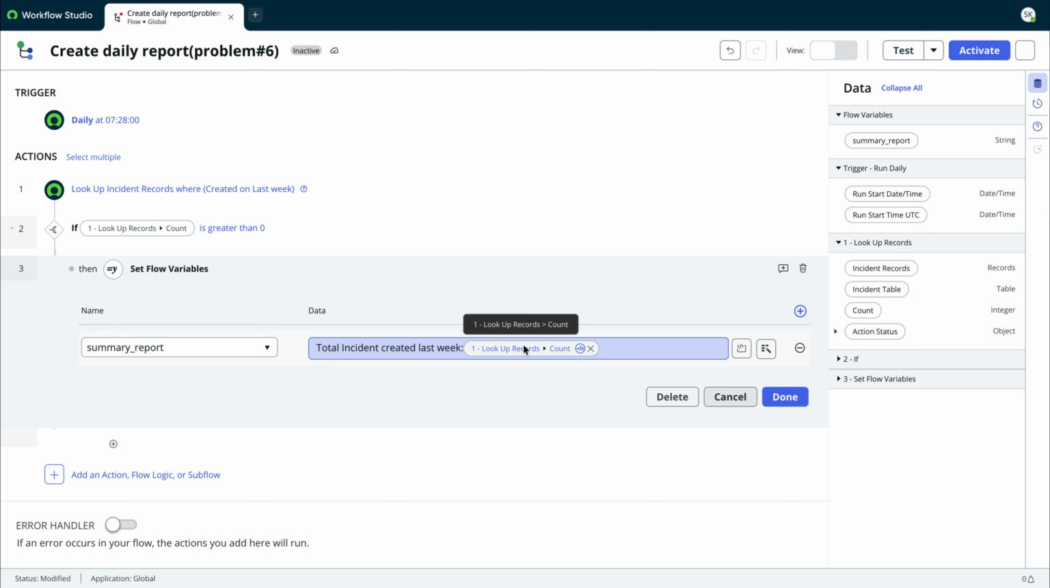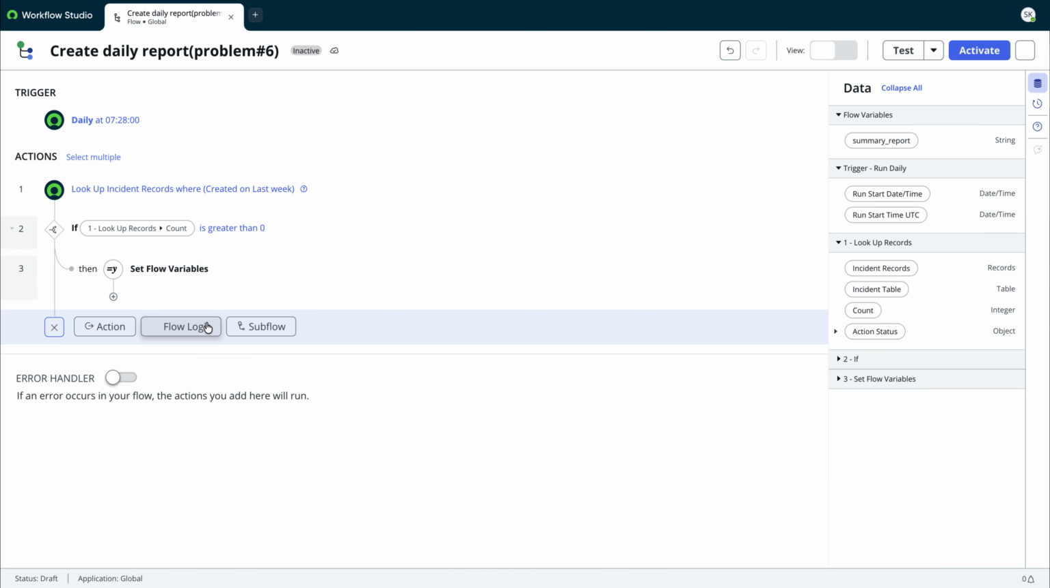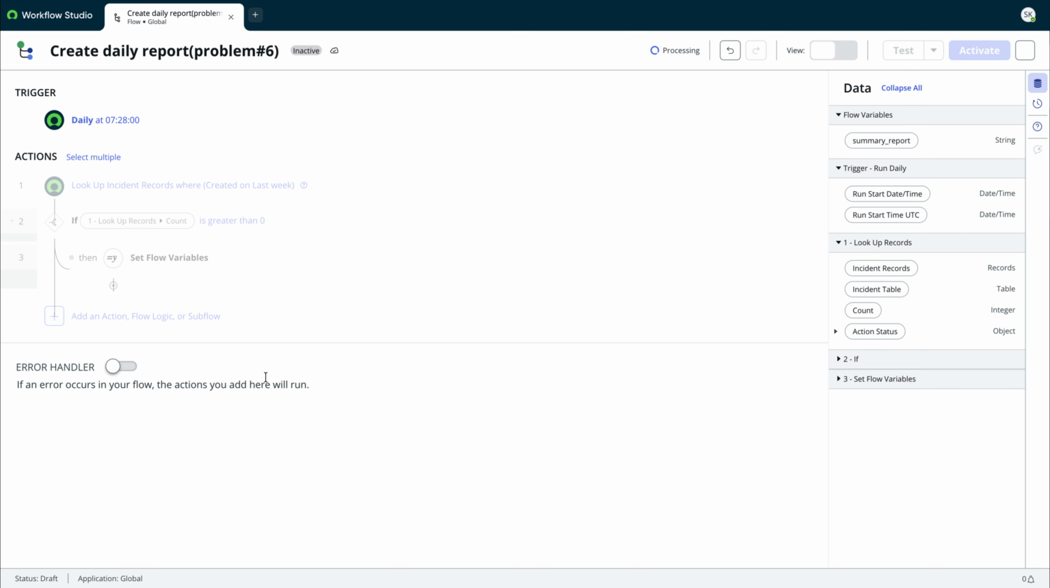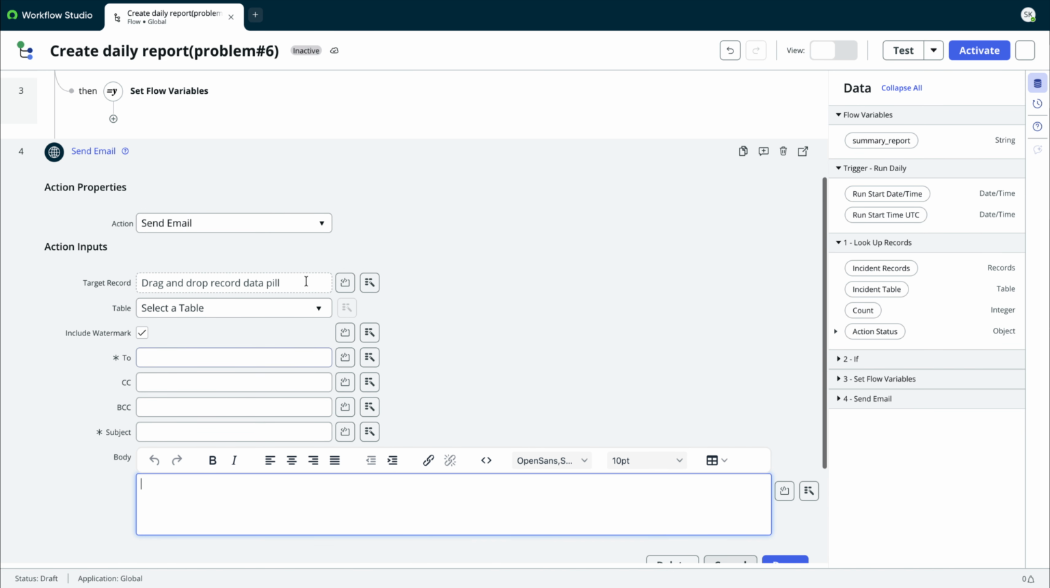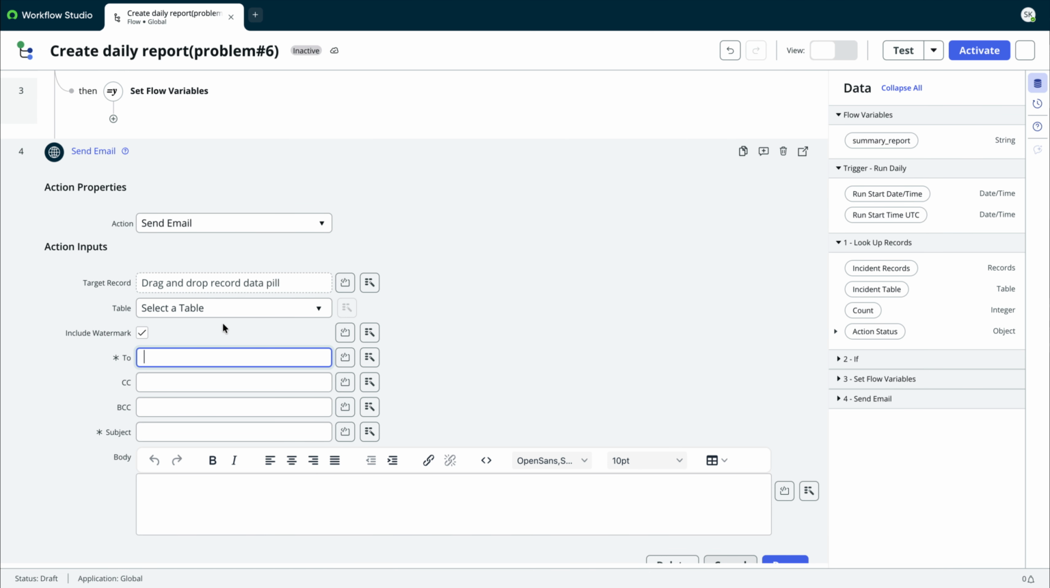Okay, so it will calculate the count and this count will be displayed here. Now I can simply send the email. I'm just selecting the email. It means email will be sent to this person. Email subject, hello admin,